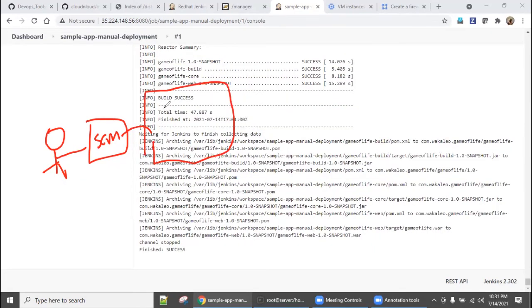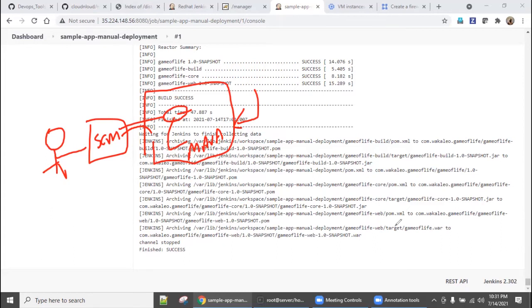In the CI tool, I told it to go and watch this SCM, right? There is a GitHub and there is source code. And next, automatically, I said you start compiling with Maven, right? I triggered it manually to start with.